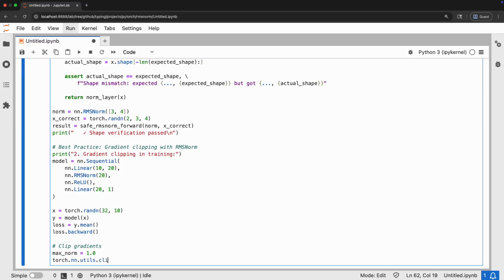Let's wrap up with a comprehensive summary and best practices guide. RMSNorm is a simpler, more efficient alternative to LayerNorm that's becoming increasingly popular in modern architectures. The key advantages are computational efficiency through simpler math, no mean centering which reduces operations, and fewer parameters with only scale and no shift. Use RMSNorm in large-scale transformer models, when training speed is critical, in resource-constrained environments, and models